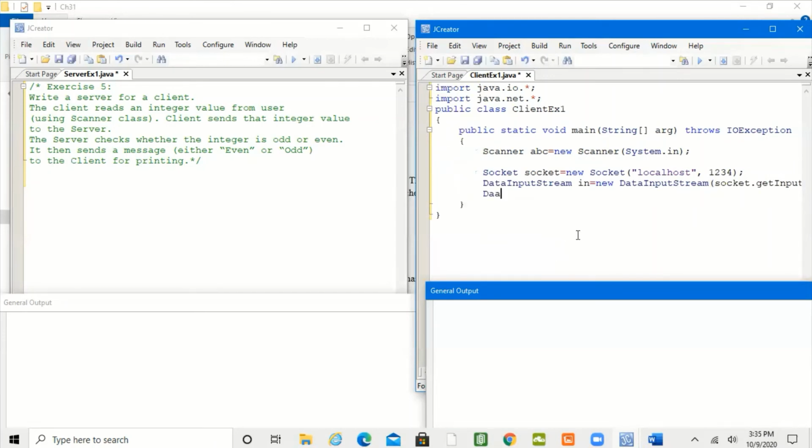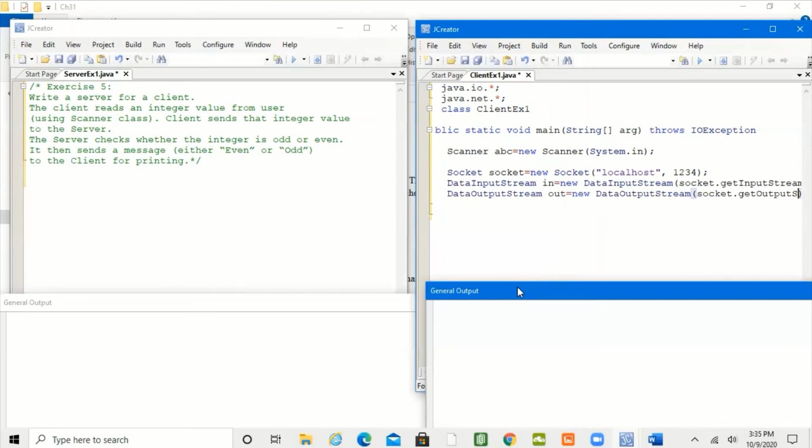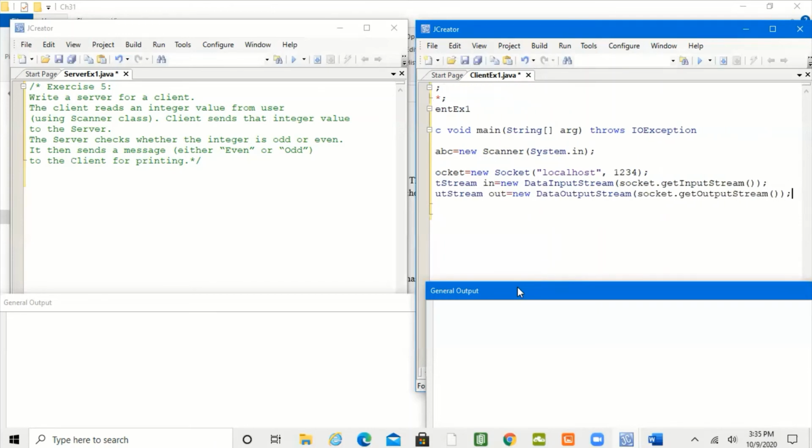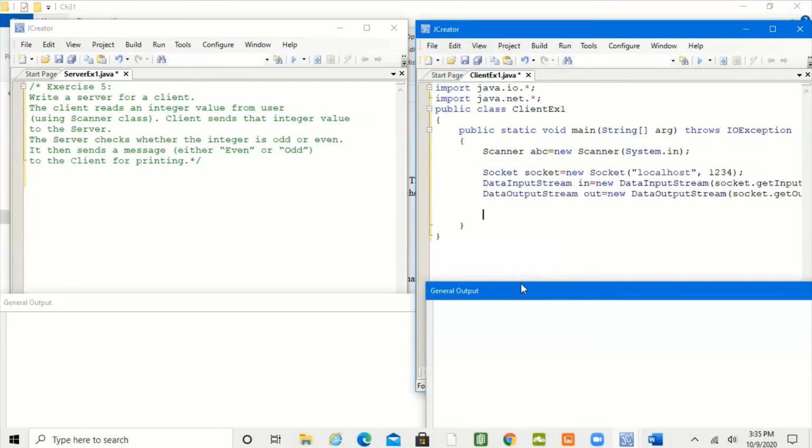Do the same for the DataOutputStream: out equals new DataOutputStream, and you embed socket.getOutputStream. So this is the way I create the input stream and also the output stream.